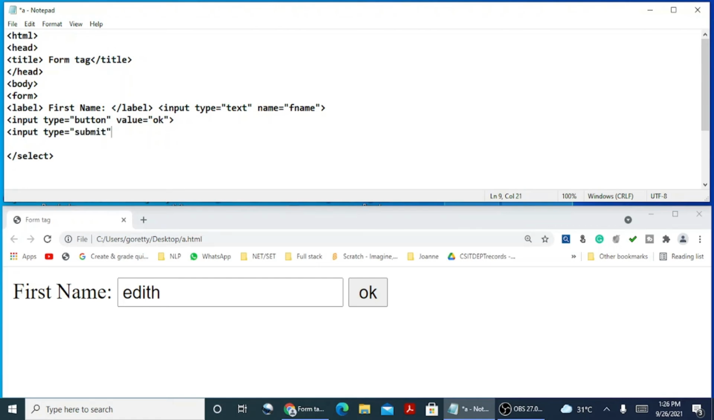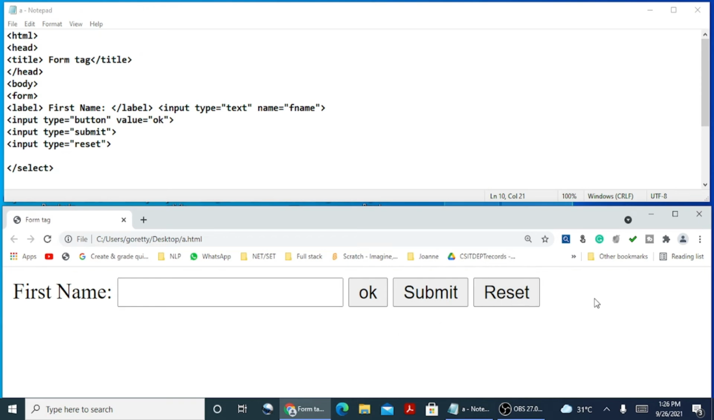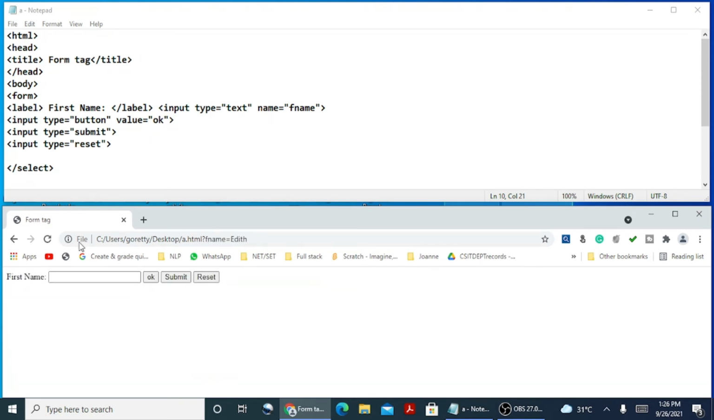So we have input type is equal to submit and we have input type is equal to reset. These two are inbuilt methods of the form which help you to do a particular task. Like if I have entered my data and my buttons are visible over here. So if I write edit and I say submit, it will refresh my page to say that my data has